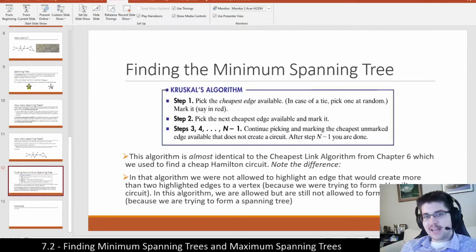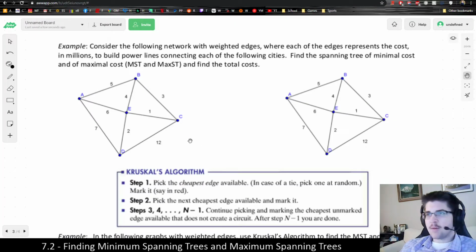In this video, I wanted to explain how we find minimum and maximum spanning trees. Basically, there is what we call Kruskal's algorithm for doing it, and I want to get to that in a second. But before we do, let's talk about the basic concept and talk about solving a problem without